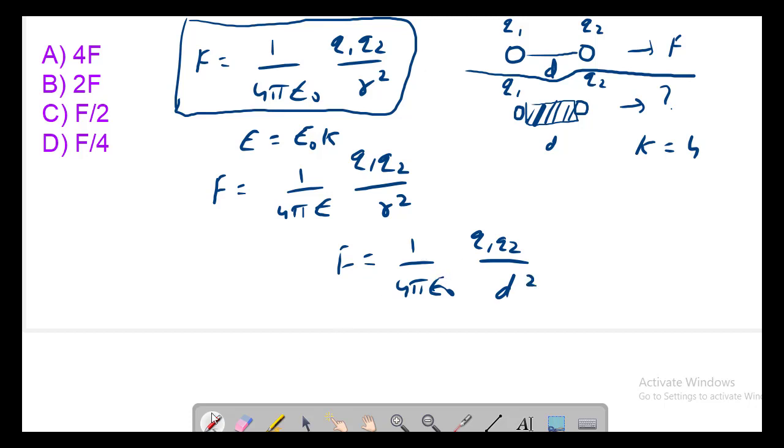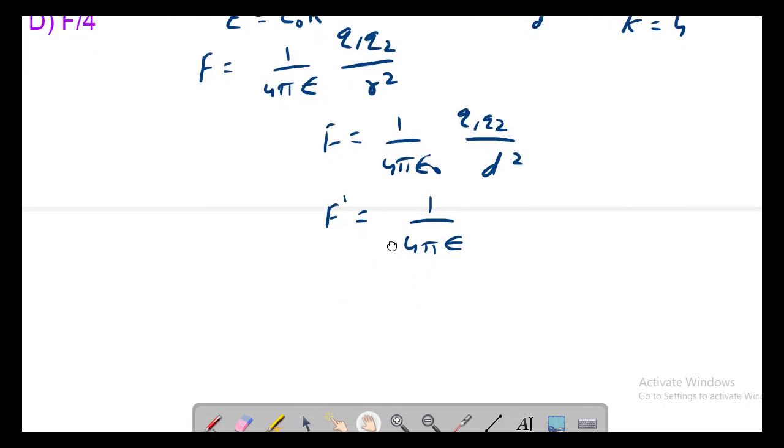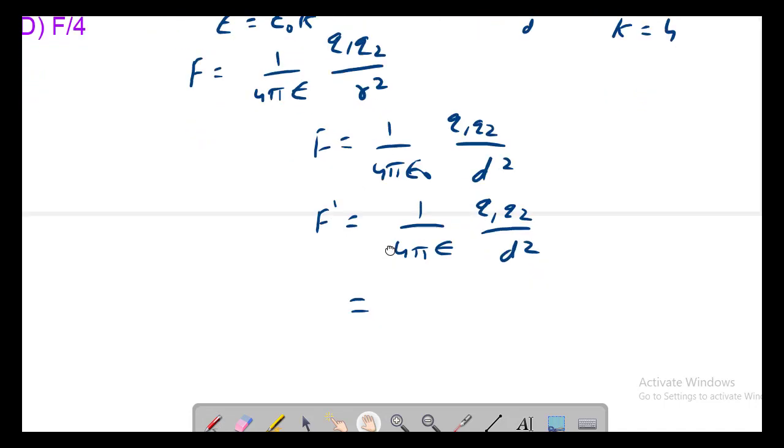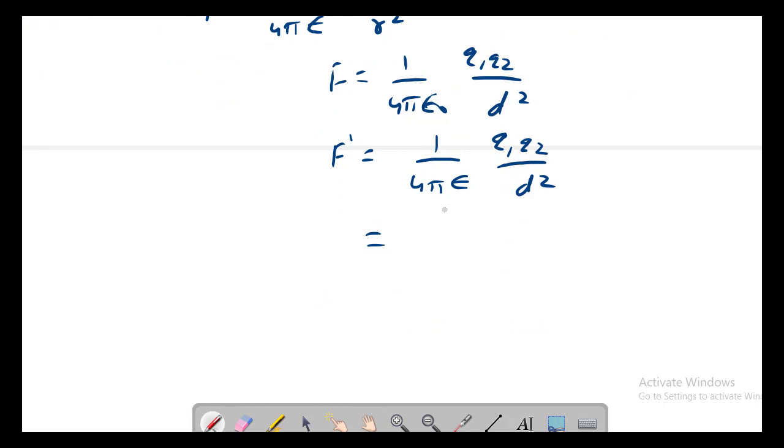Now in the second case we have a dielectric medium, so of course the force will change. Let us write that as F dash. So F dash is 1 upon 4 pi epsilon, not epsilon 0, because we have some medium, so we will have a different value here. Then we have q1 q2; the distance is not changing, the charges are not changing. Here epsilon is epsilon 0 k, so instead of epsilon we write epsilon 0 k, so we have 1 upon 4 pi epsilon 0 k